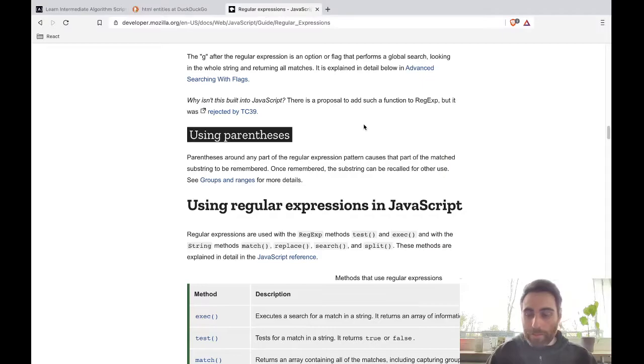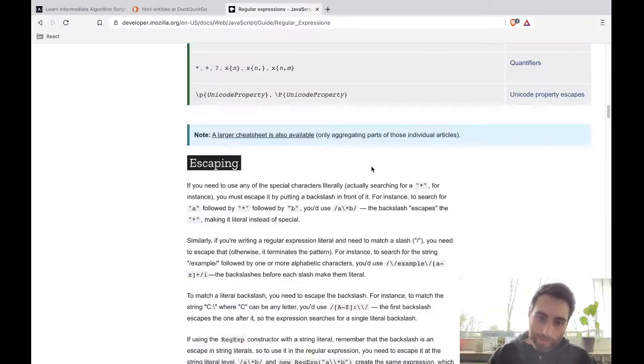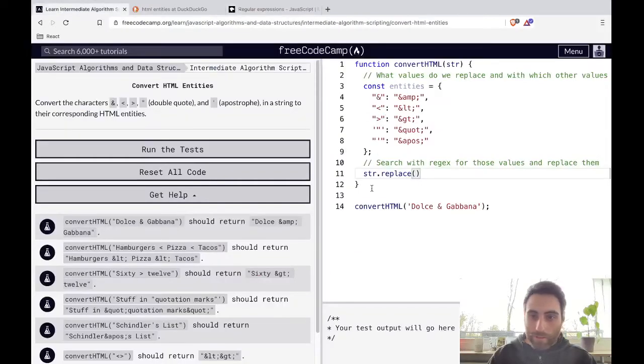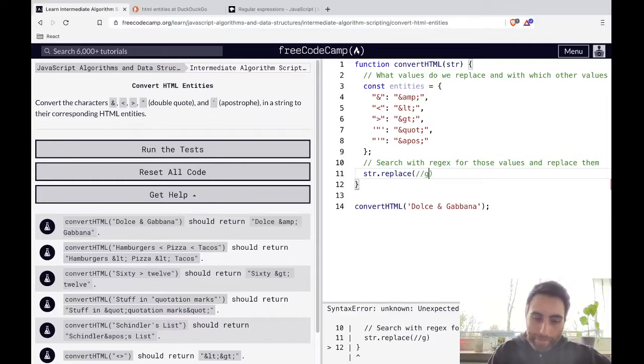If you're not familiar with regex, I'm gonna link a reference somewhere so that you can look it up. I am not familiar with regex either, but I end up always looking up stuff for regex, so we're gonna replace them first like that. And this is gonna be returned.